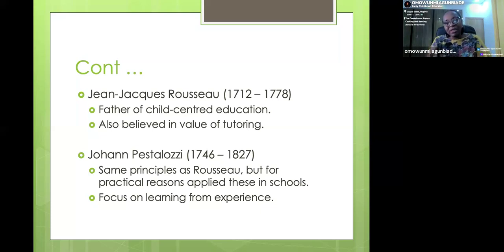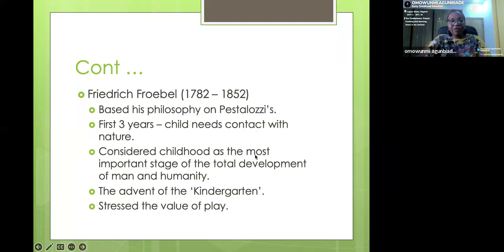Now, in the little that we've discussed about Maria Montessori, you know that her philosophy also talks a lot about the holistic development of the child: the mind, the body, and the spirit, and the soul. The soul is the seat of the mind. So all of this is encapsulated in this method of education.